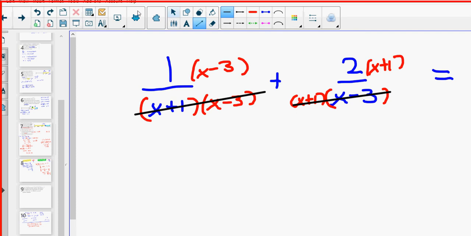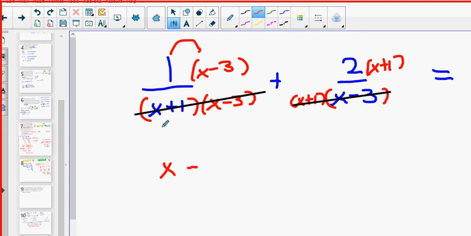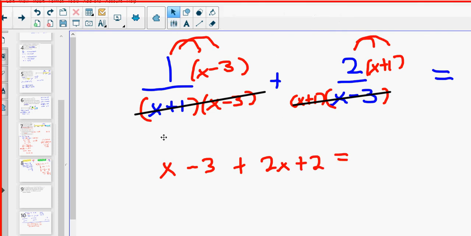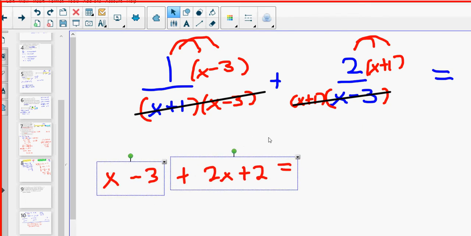Now, 1 times x, 1 times 3, not minus 3x, there's no x there. It's 1 times minus 3. Tons of people did that. No explanation why. 2 times x, 2 times 1. Okay. Now, where a lot of people went a bit nuts here as well is, if you look over here,